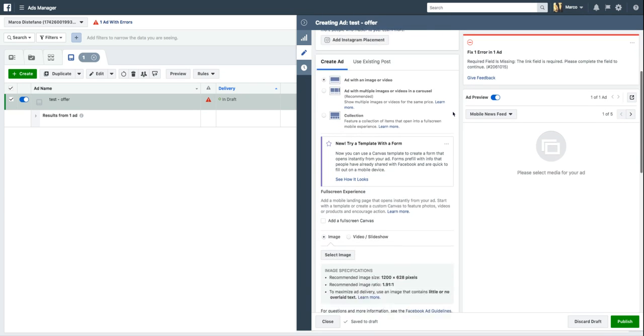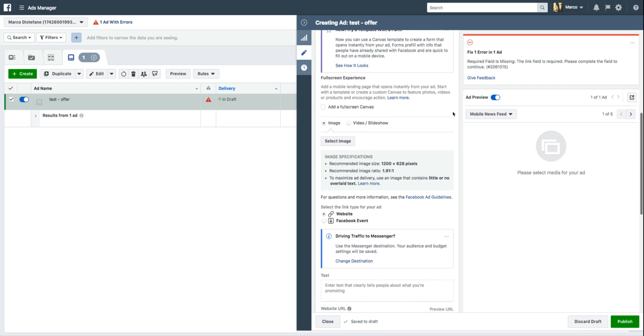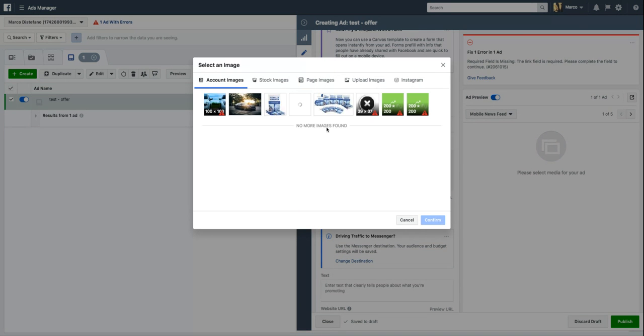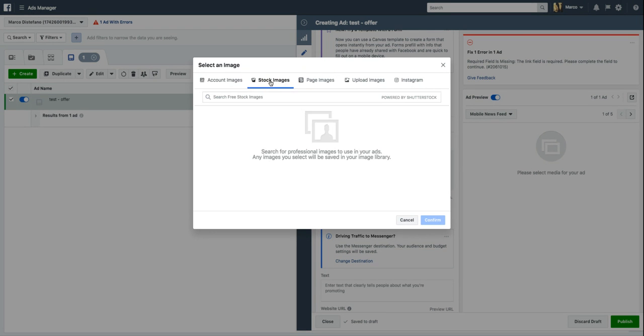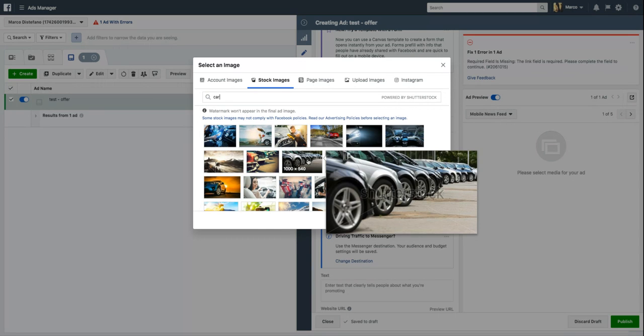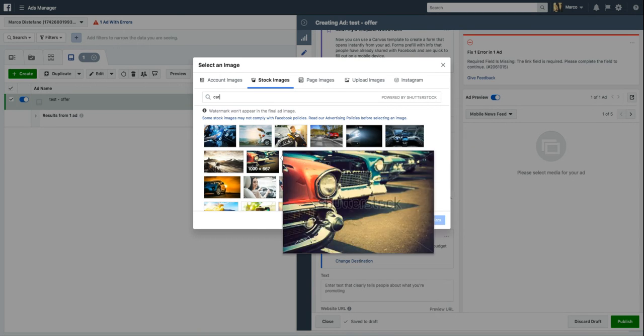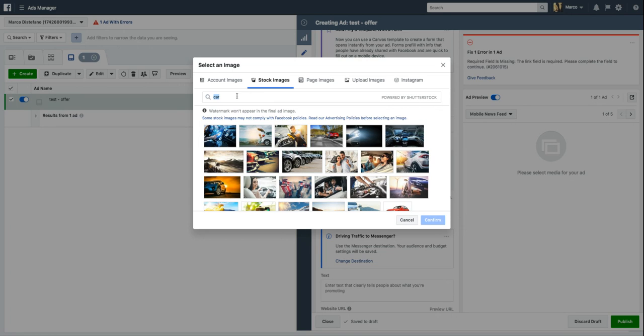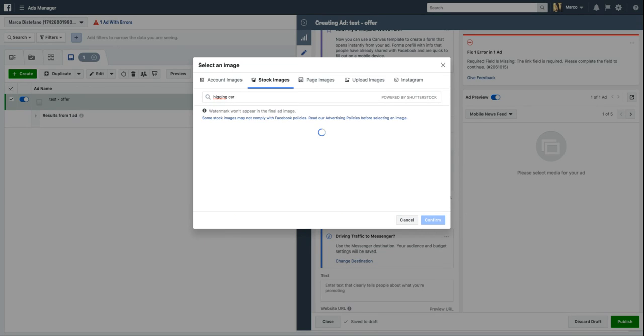So I'm going to scroll down and we are going to select an image. Facebook is awesome because they actually have stock images that you could use. If I'm looking for cars, and it's all free. That looks pretty awesome. Or this guy washing his car. Let's do like a hugging car. Something that's going to catch